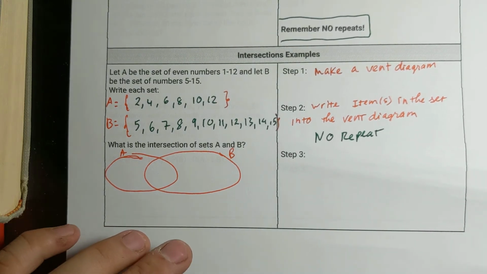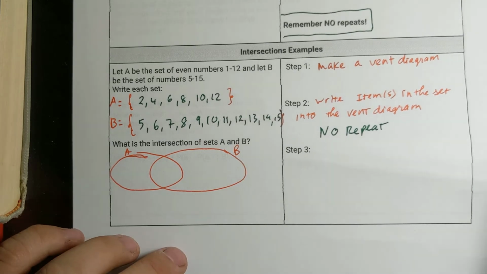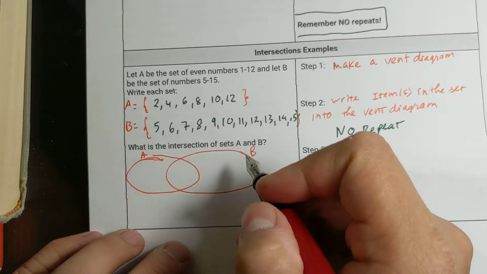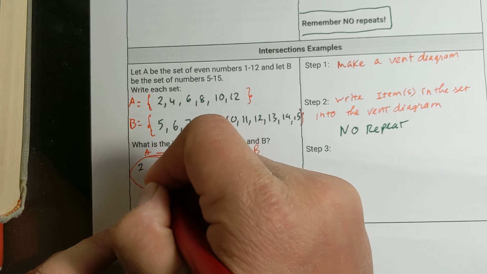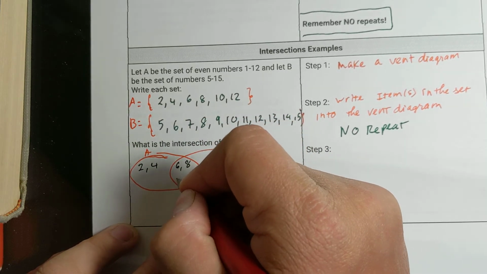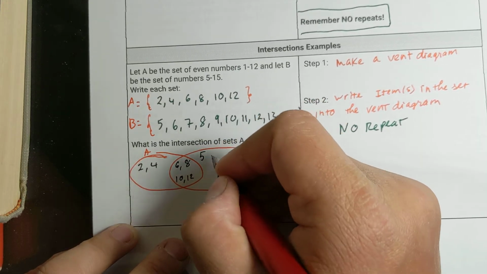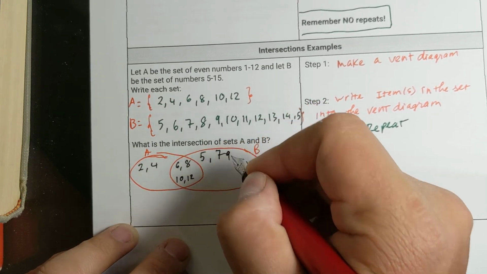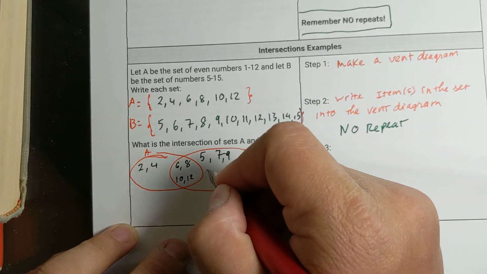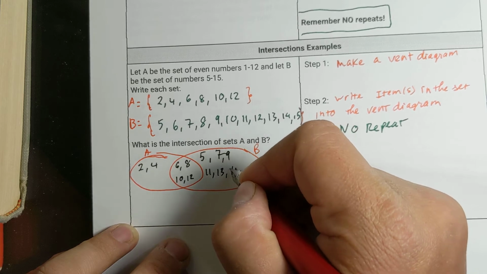Since we already know what it's going to be, I'm just going to go ahead and write them down. So here, 2, 4, 6, 8, 10, 12, 7, 9, 11, 13, 14,